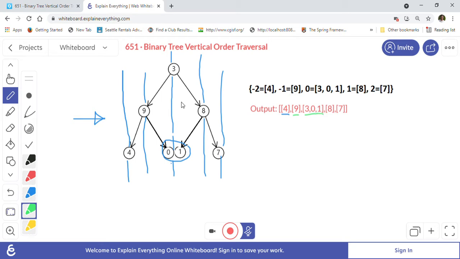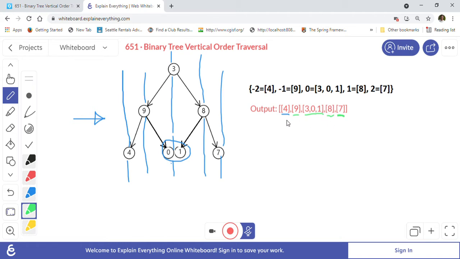This next column is where 8 is, so 8 will come in this column. And in the last column 7 is there, so 7 will come last. This is the way the vertical order traversal works.